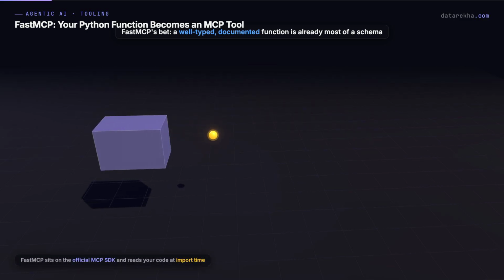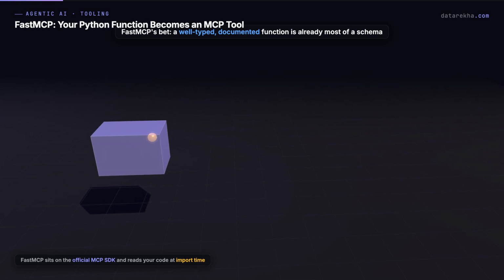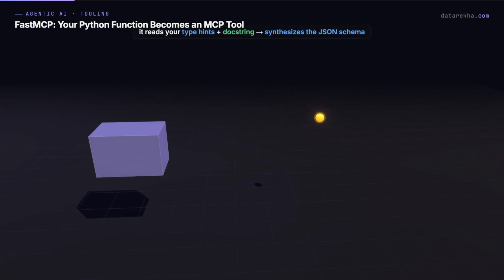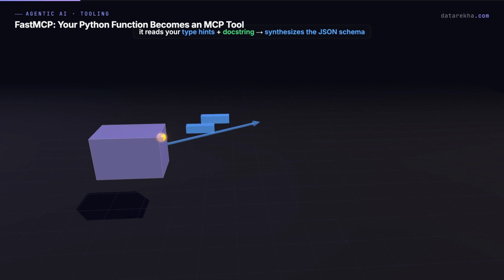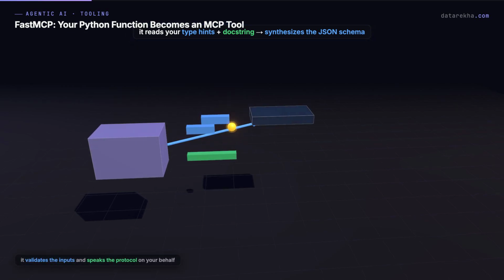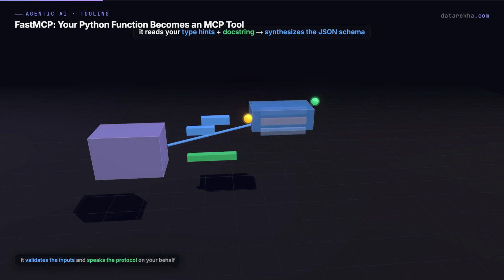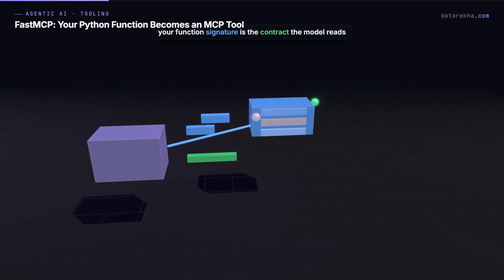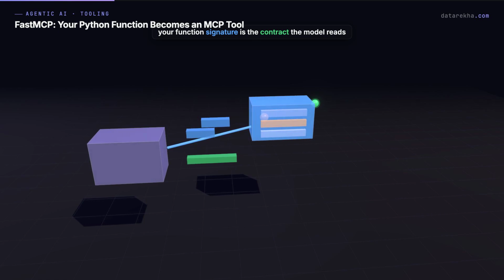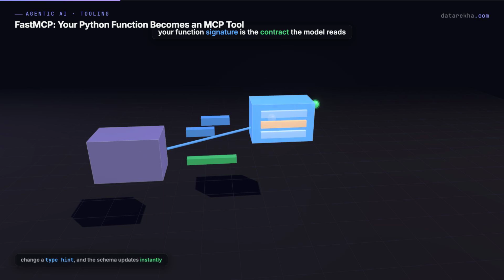A well-typed, well-documented Python function is already most of what a good tool schema needs. So FastMCP sits on top of the official MCP SDK and reads your type hints and your docstring at import time. From those, it synthesizes the JSON schema, validates the inputs, and speaks the protocol on your behalf. Your function signature is the contract the model reads. Change a type hint and the schema updates instantly, which means your first working MCP server fits in about 20